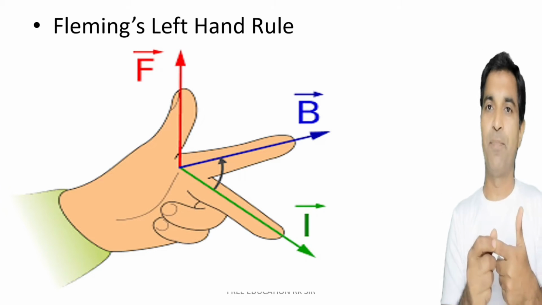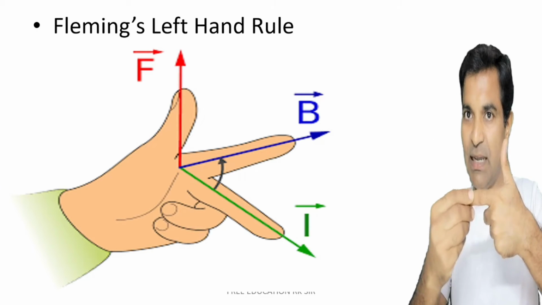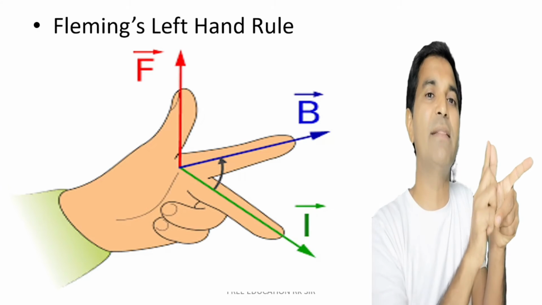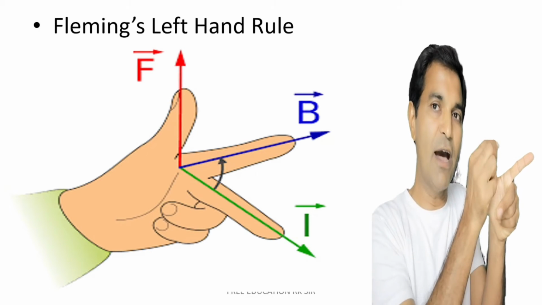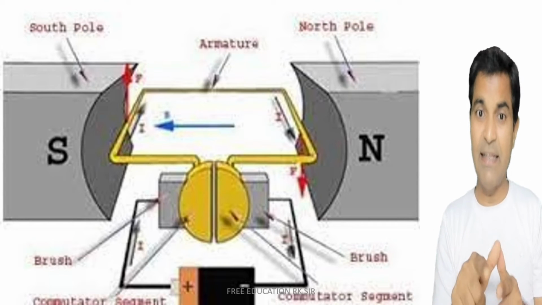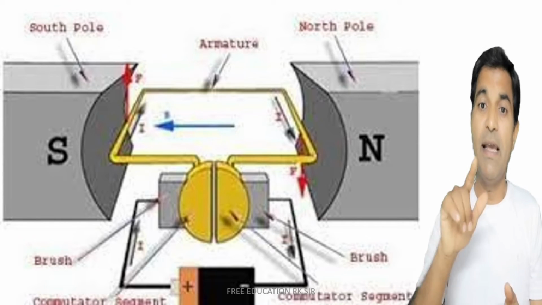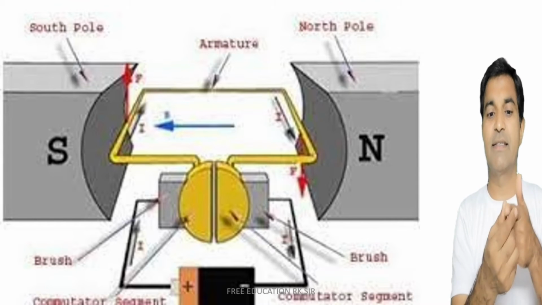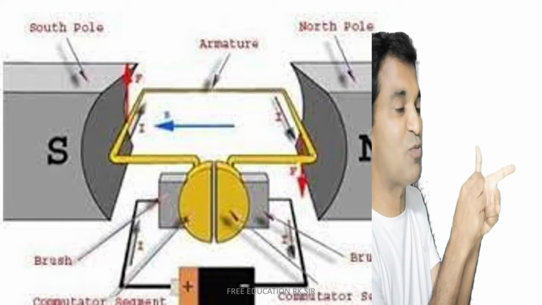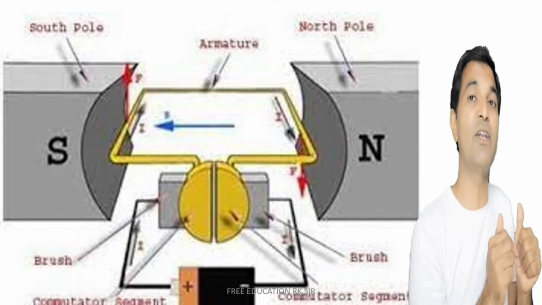So in the case of a motor, if the direction of the field is represented like this, and the central finger represents the supply current, then the direction of movement of that conductor will be given by Fleming's left hand rule, that is, the thumb M. Next, in the schematic diagram, it is very clear that the conductor near the south pole has the direction of current like this. So the central finger direction is like this, the field is like this, then that conductor will experience force in the upward direction.